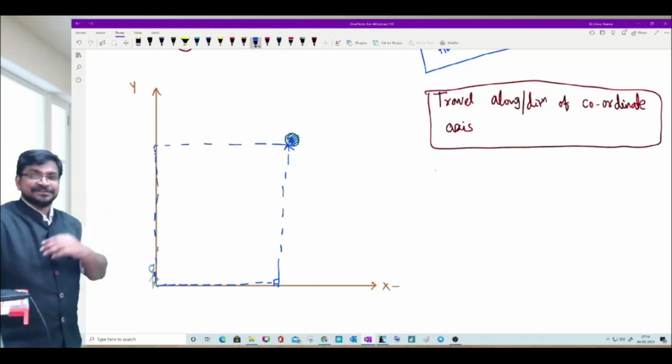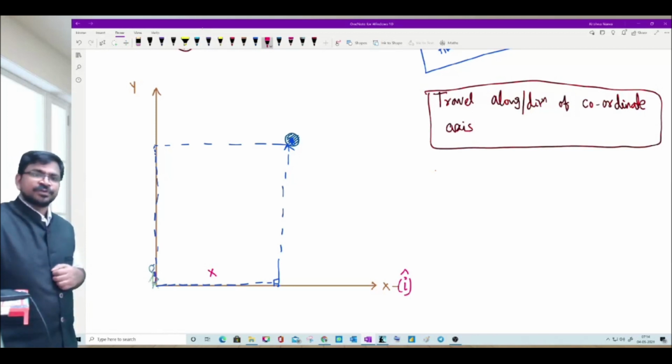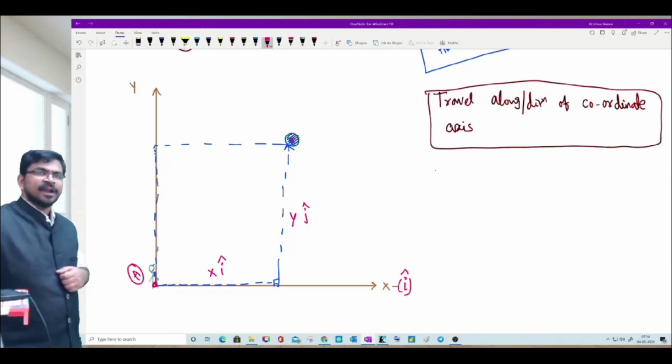Two ways are there. So what is the first way? I will travel how much distance? X distance. In which direction? This x-axis is represented as i unit vector. So x in i direction and y in j direction. Simple. So to reach this point from here, let me take this as A and this is B. So to reach that point from A to B,